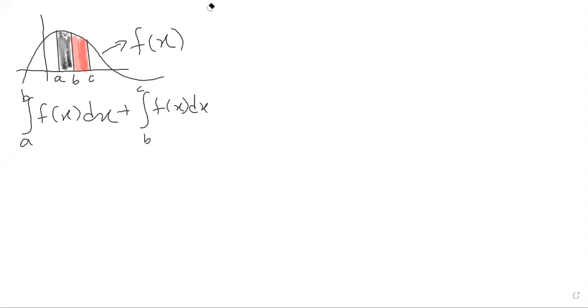So now what will happen? Basically, as you can see, integrating from A to B, I will have this area, B to C, I will have this area. So what I can say directly over here is that if I integrate from A to C the function f of x dx, I will